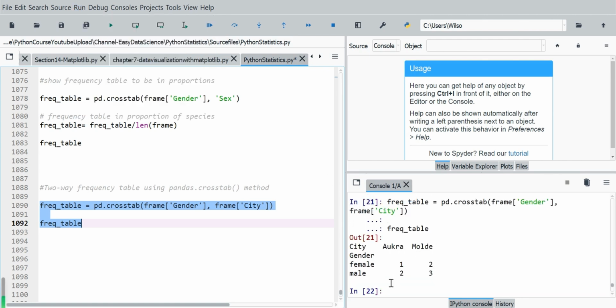So the result is also a data frame, with the index for the values of the gender variable, and the columns now are two columns representing the two values from the city variable in the original data frame. So the value part is the contingency of frequency between these two